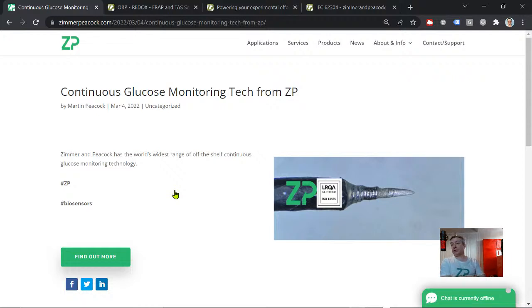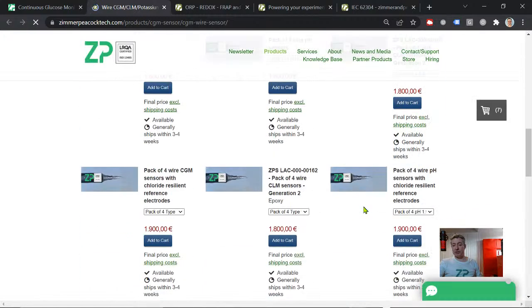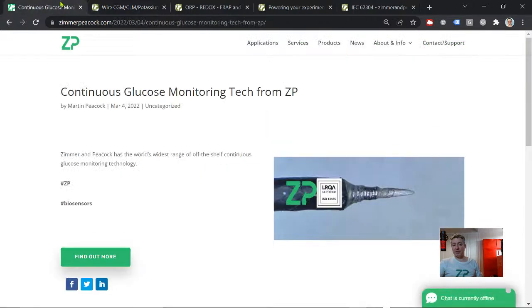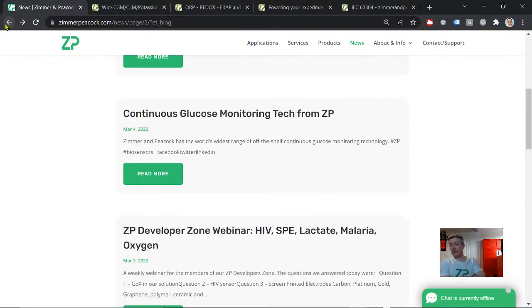And so, we do have a lot of inquiries from people wanting to do CGM, and Zimmer and Peacock is probably the leading independent contract developer and manufacturer of CGM sensors. So we're happy to partner with people on our CGM technology. We've been refreshing some of the images this week on our website regarding CGM. And I think in the next couple of days, we're going to put out quite a bit of information about